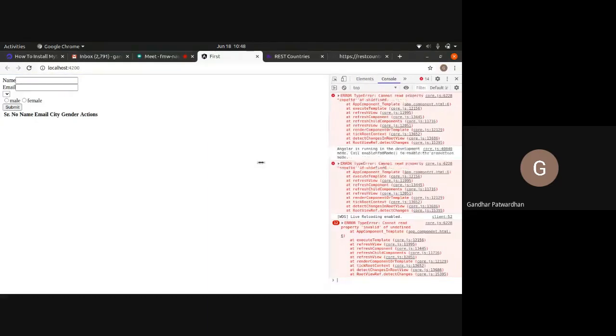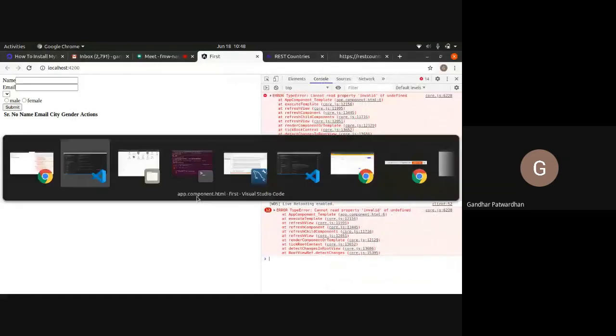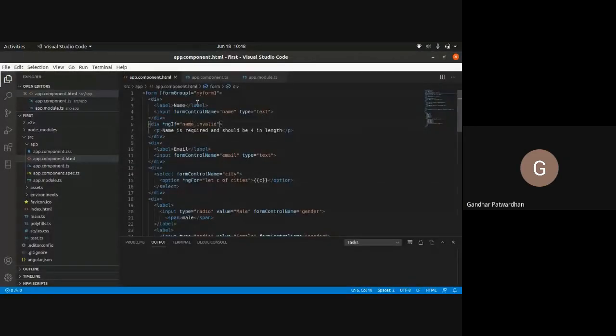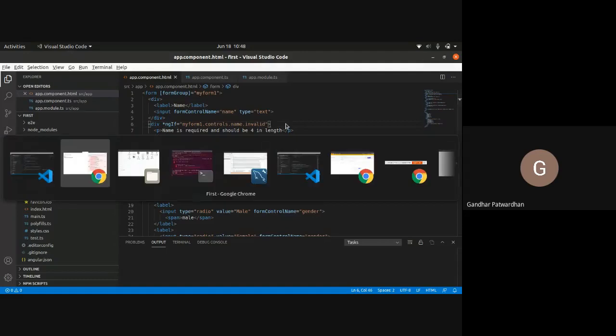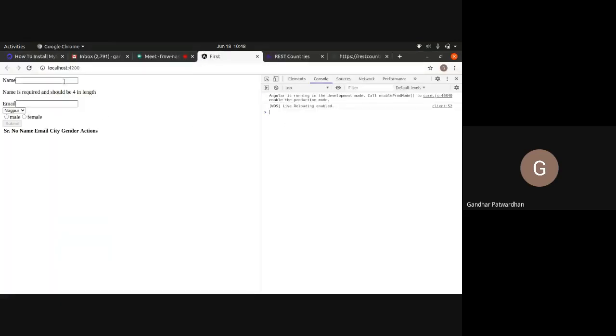Cannot read property name of undefined. Okay, so I need to give it fully. I need to say my form one dot controls dot name dot invalid. Let's see if this works. Right, so it is giving me this error: name is required and should be 4 in length.